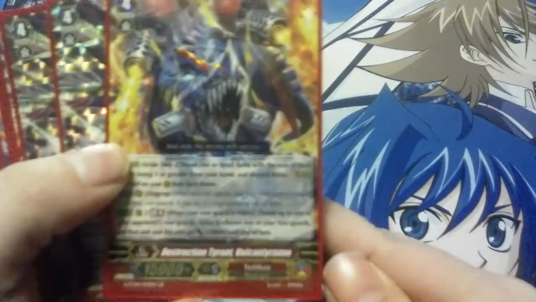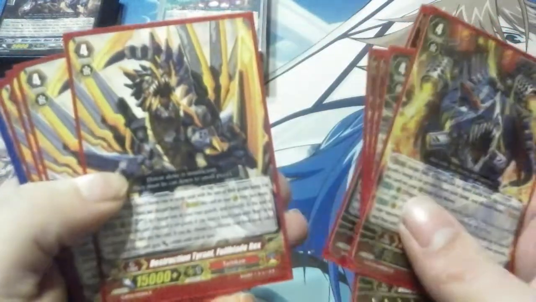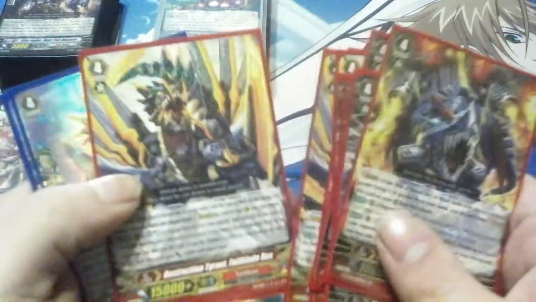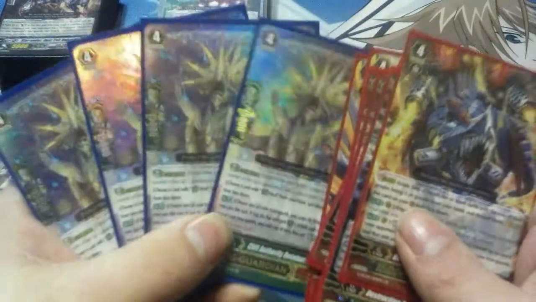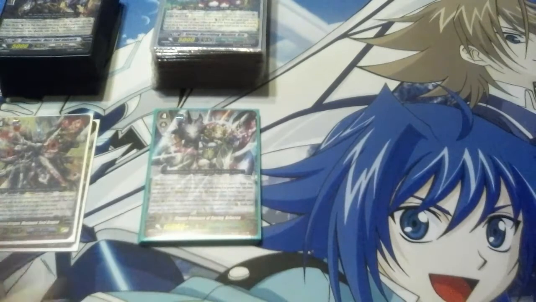And the strides that come with it, you guys were seeing there. Destruction Tyrant Volcanic Tyranno. 1. 4 copies of that. Copies of that. And then 4 of the G-Guard. Again, really fun little deck. This one right here is...